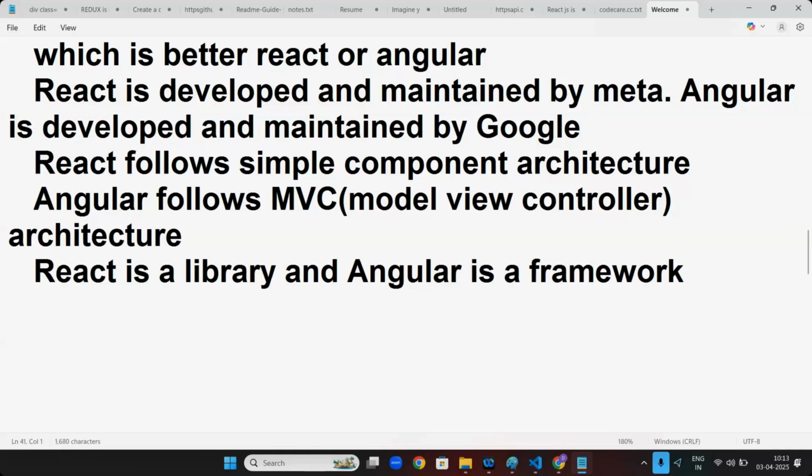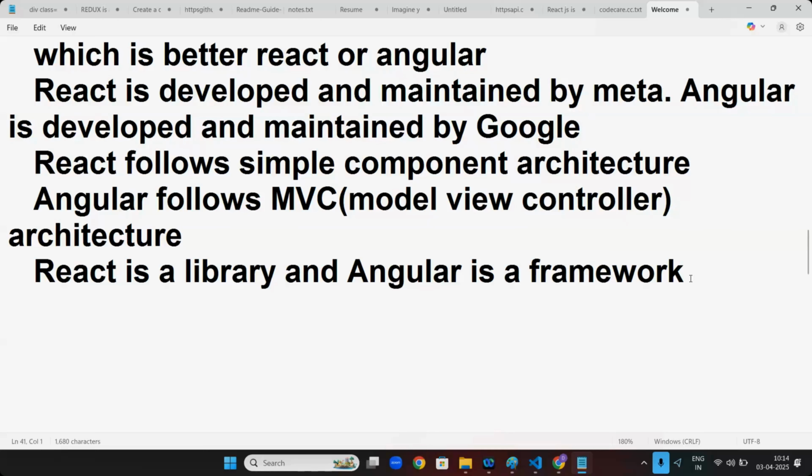By the way, does anyone know any other language? Like, anyone knows Angular already? No? Okay. Nice. Good. Some people online know Angular already. That would be better then. But whatever you are going to learn here is completely different from it. If you don't know it also, that's fine. It's not necessary. I'm just asking.